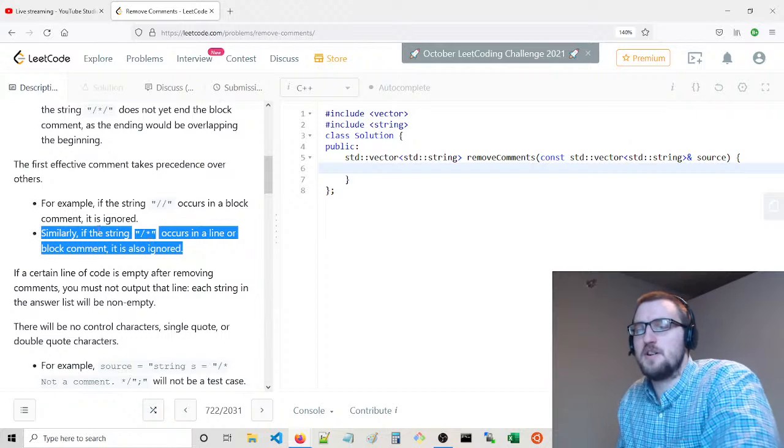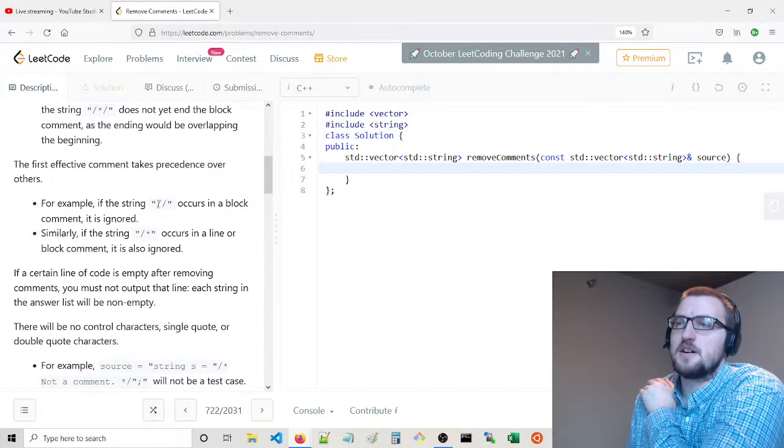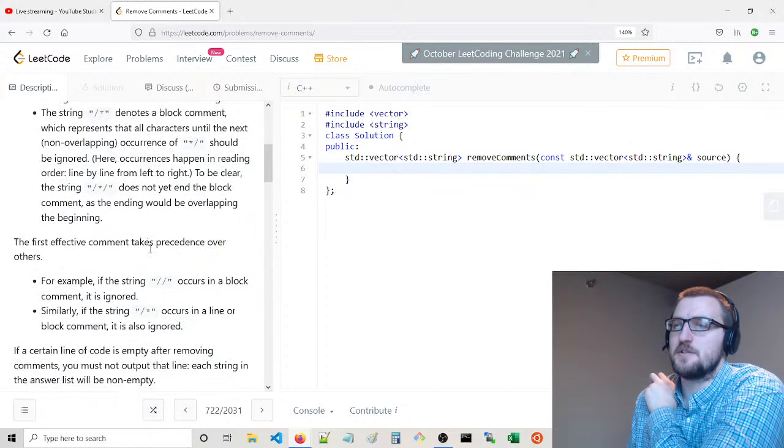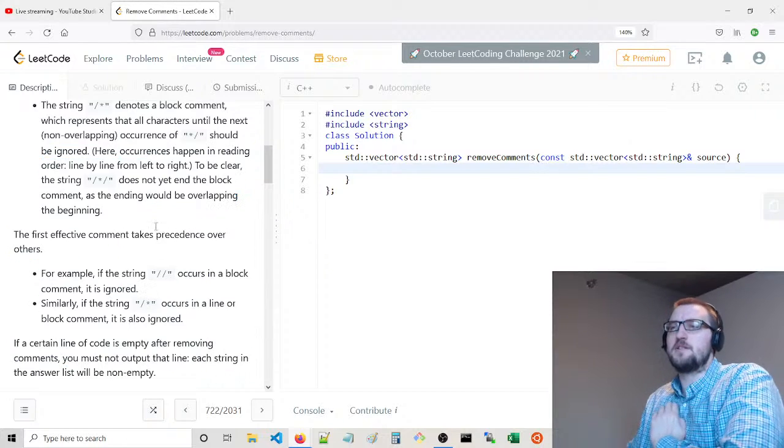And then here, you would say, well, actually, you gotta be careful. Actually, I take that back. You don't want to do it that way. You'd want to determine whether it's a block or a line comment, whichever one of these comes first, because this could actually come before this. Oh, I see, it's interesting. So actually you got to be a little more clever about how you do this on each line.